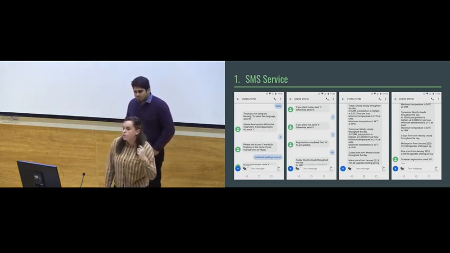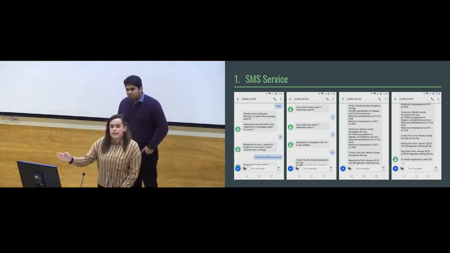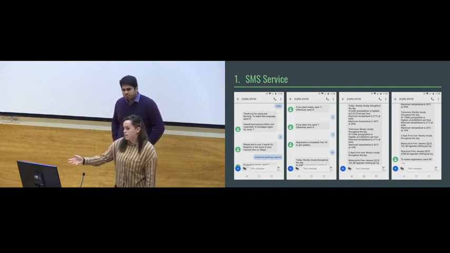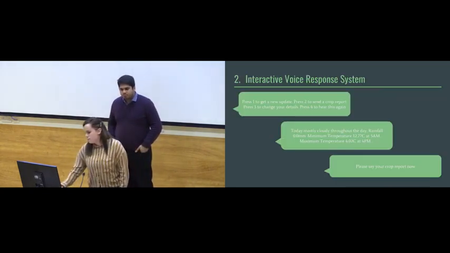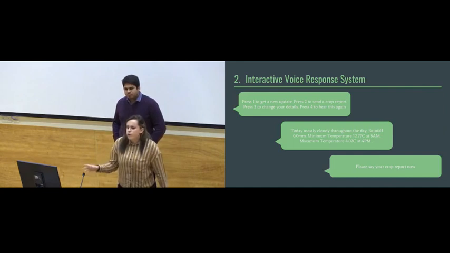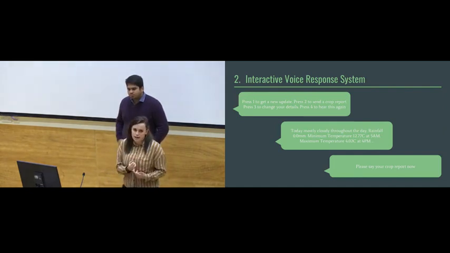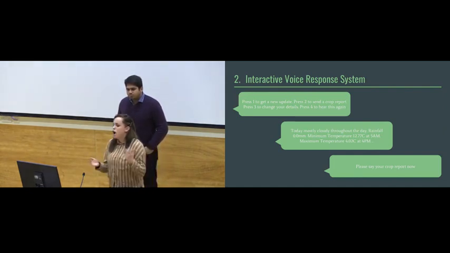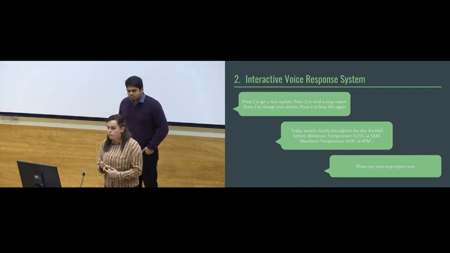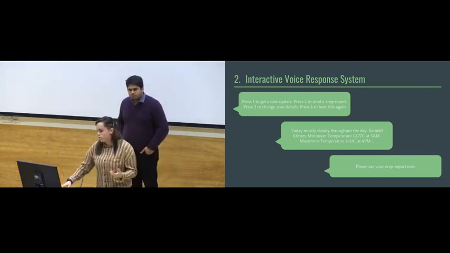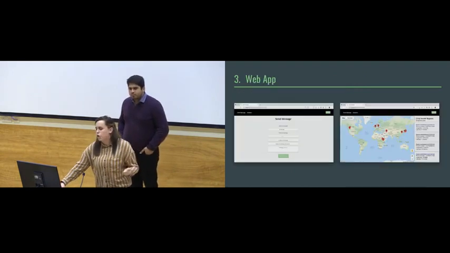Once a user is registered, they will receive their daily text, which gives them the local weather forecast and the crop prices that they said they were interested in, in their local currency. The second component was the voice system, in which a user can call in and navigate through the system using numerical inputs. That way they can hear their daily update instead of reading the text. This is how they would also send in the crop reports, and they can also change their details and restart the registration process if, say, they've started growing a new crop.